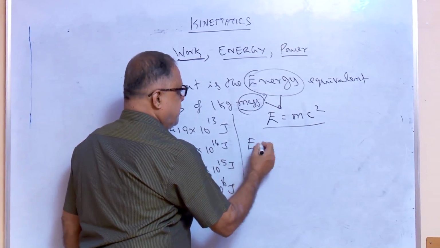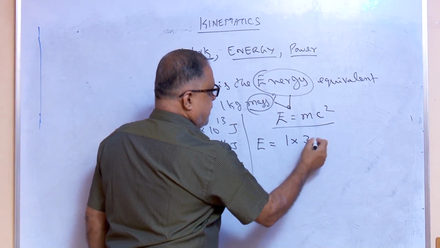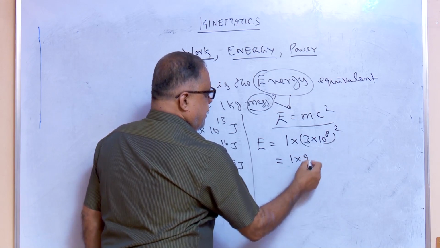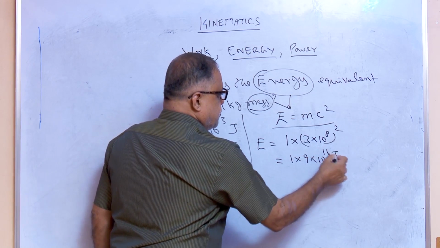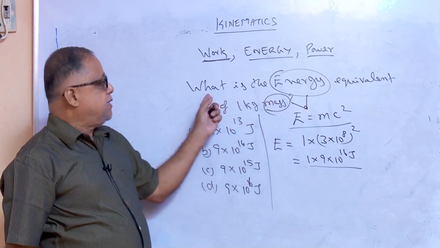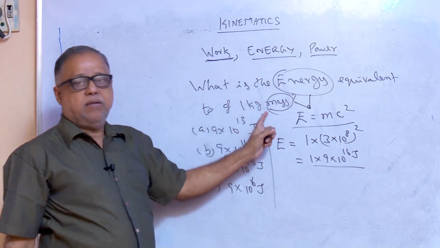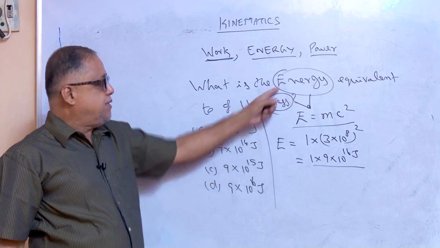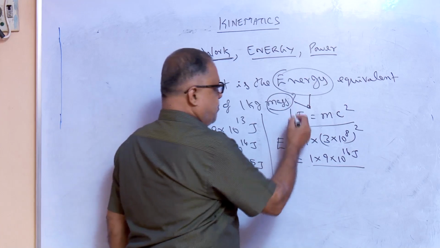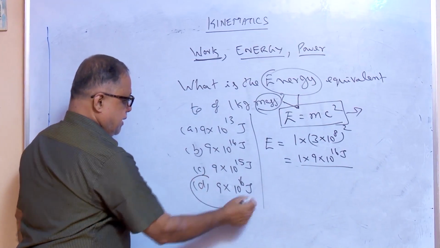Now you substitute here E is equal to the equivalence 1 kg, 1, c is the speed of light, and that is nothing but 1 into 9 into 10 power 16 joules of energy. So if we know this formula, immediately by understanding the problem, they are given the mass, they are asking the energy. There is a relationship between energy and mass; this is the fundamental formula. By using this formula, we are able to get the option 9 into 10 power 16 is the best answer